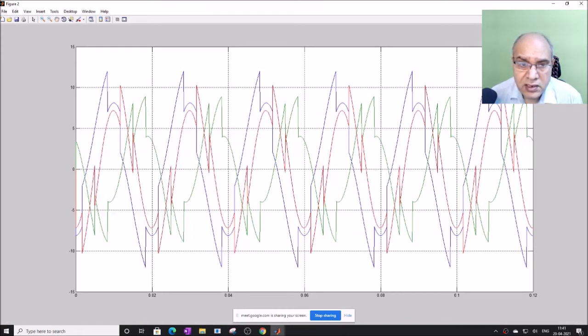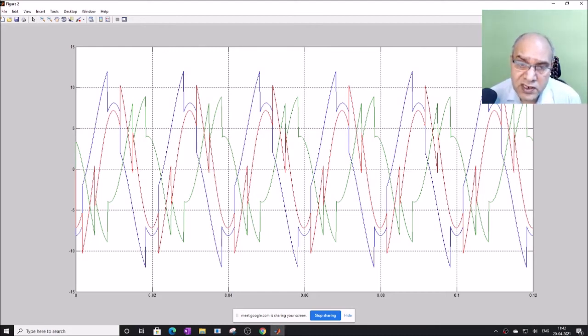You can see they are equally very much unbalanced and distorted, and they have to be, otherwise they cannot compensate the undesired components of the load from the source. So these are perfectly unbalanced and full of harmonics current, which is obvious. If they want to nullify the harmonics and unbalance in the load, they have to be like this. Alright, so these are IFA, IFB, IFC.